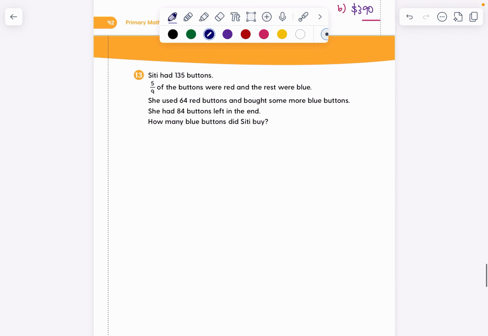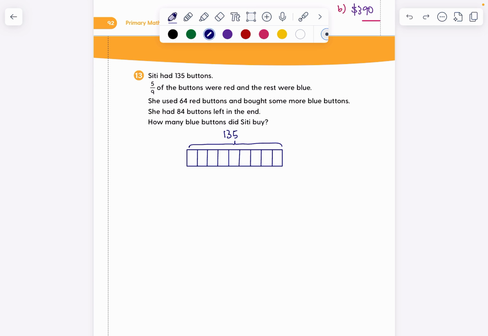This is question 13 of review 2. City had 135 buttons and 59 of the buttons were red and the rest were blue. Then they went on to tell you how much of the red buttons they used and how many more blue buttons were bought. So the first thing that we want to do is to draw a big bar, and we